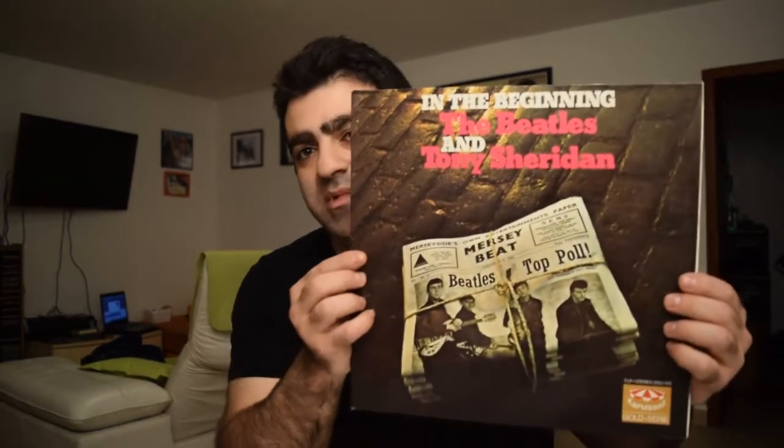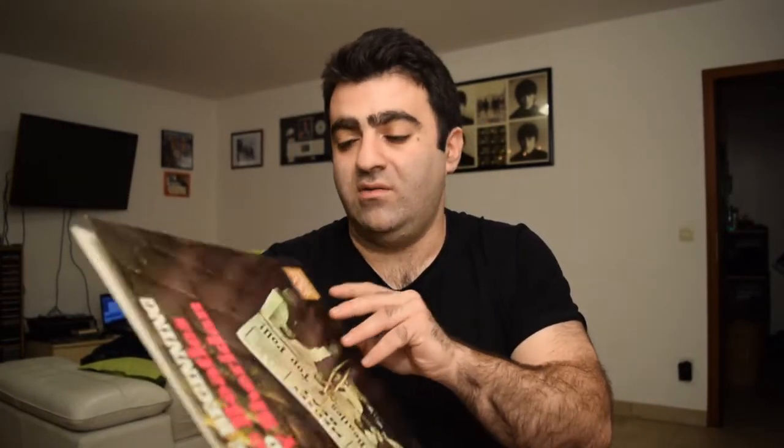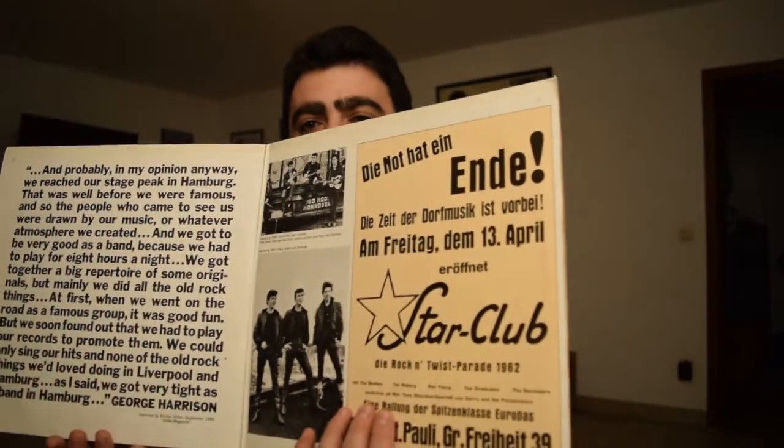I want to go back to one of the albums that I already showed in my previous videos, which is called The Beatles in the Beginning. This is a German pressing on Carousel, and this is not the new item. This is the old one. I just want to show it to you to remind you how it looks, the German edition of In the Beginning. I already have these songs in my collection, but today I found something